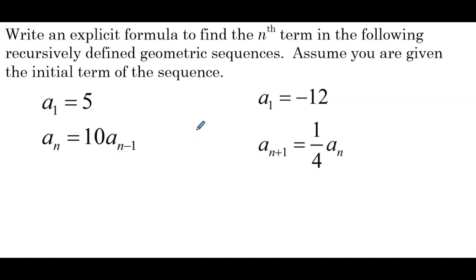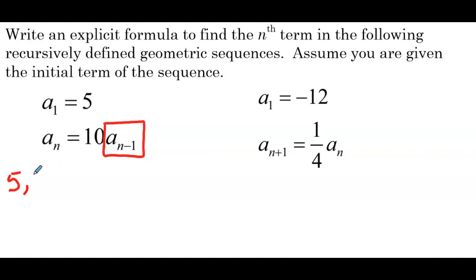Write an explicit formula to find the nth term in the following recursively defined geometric sequences. Assume you are given the initial term of the sequence. So the first recursively defined sequence is a sub 1 equals 5, a sub n equals 10 times a sub n minus 1. Okay, so the first term is 5. And if we look at the second equation here, I'll put a box around the a sub n minus 1. It's saying to get the next term in the sequence, multiply the previous one, a sub n minus 1,